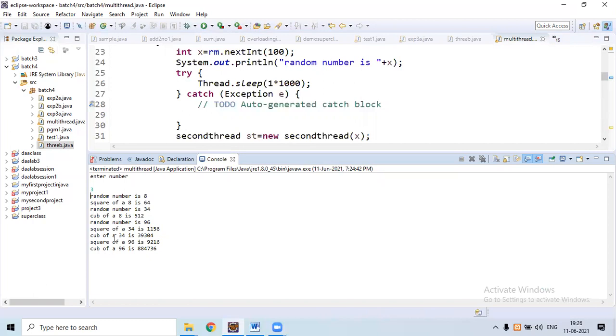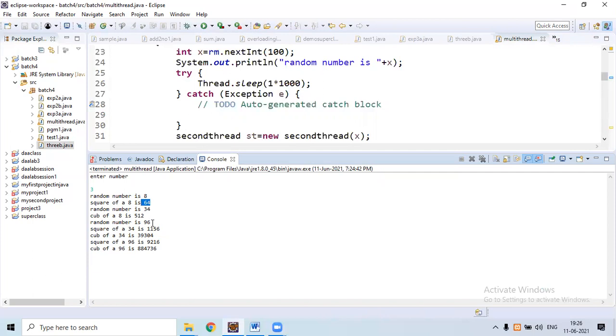First thread will execute, so it will generate the random number 8. Then it will call a second thread. Then second thread will start the execution.